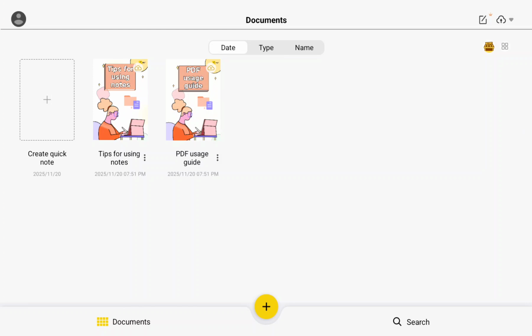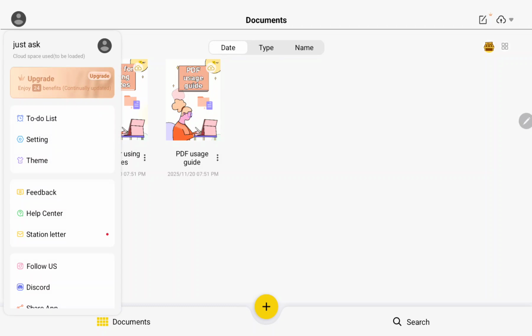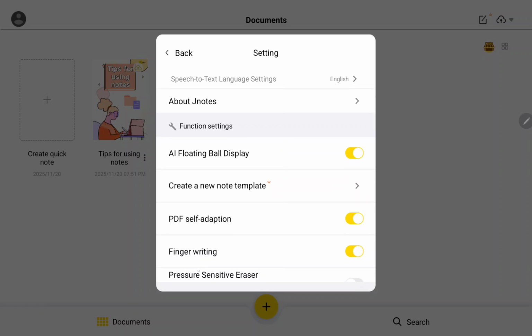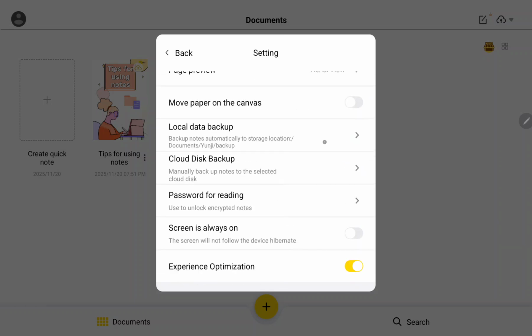First of all, open the application on your device. So that's the home screen, and you can find different buttons. Now, click the profile icon at the upper left corner of the home screen, and in the left bar you can find the second button, the settings. Now, in the function settings section, scroll to the bottom of the page, and you can find the last option,